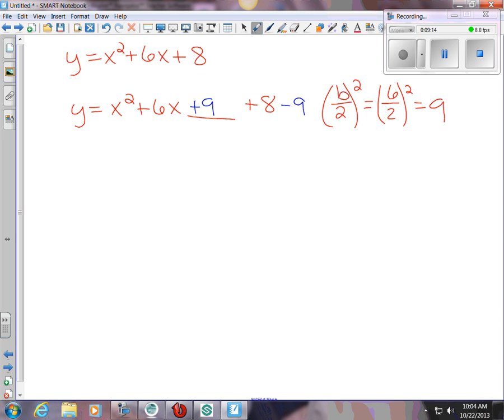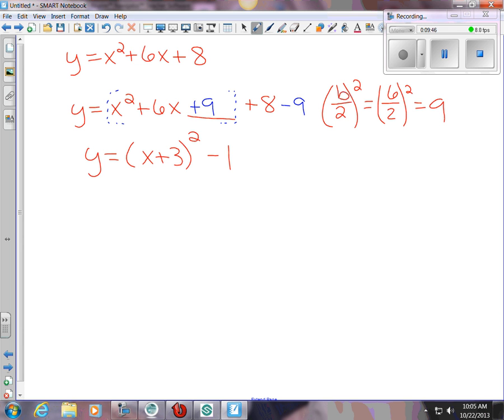Okay. So what we're going to do now is you see this piece right here? That's what we're going to play with. That's the piece we're going to factor. Okay? So how does x squared plus 6x plus 9 factor? X plus 3, x plus 3. So I can write it as x plus 3 squared. And then I have that plus 8 minus 9, which gives me,